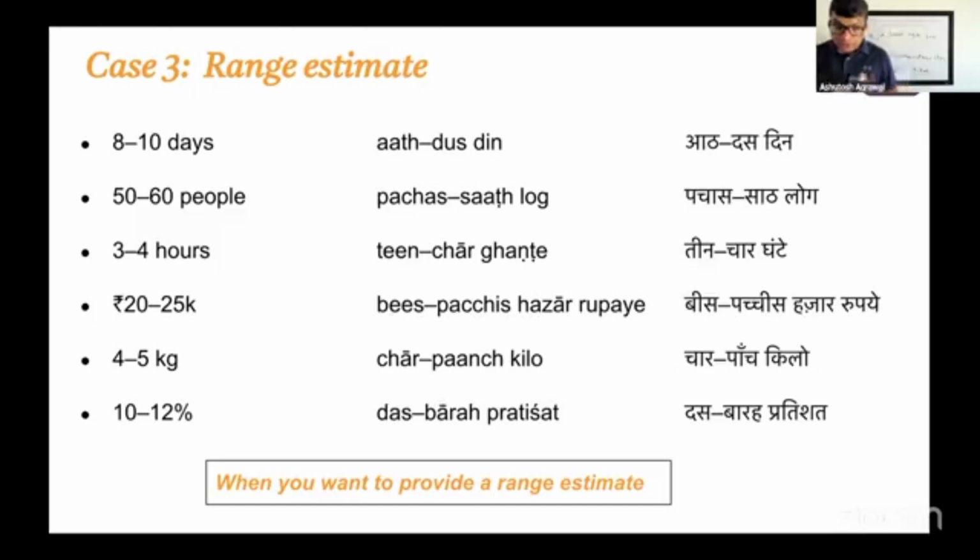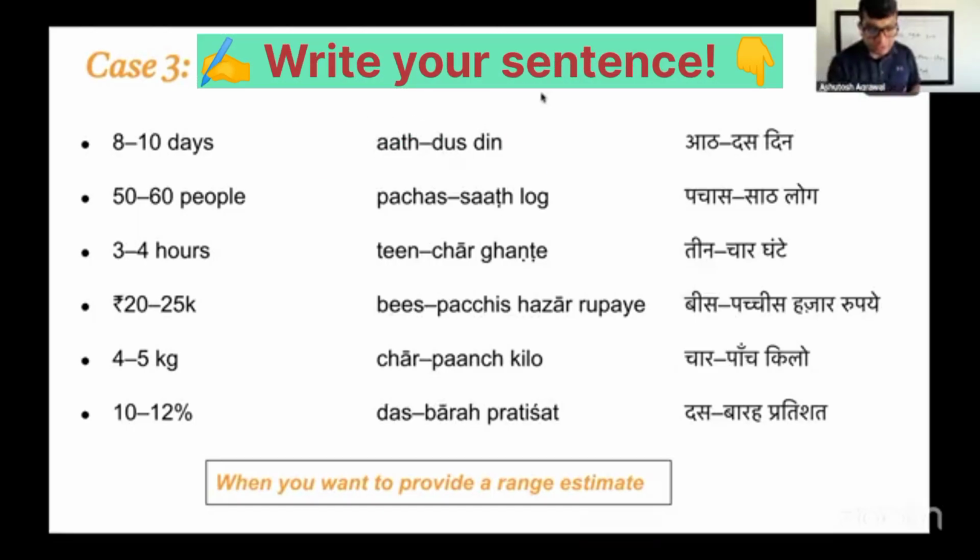The third one is also very common when you want to give a range. When you want to say 8 to 10 days, Hindi speakers will just say 8-10 दिन. When you want to say 50 to 60 people, you can say 50-60 लोग.